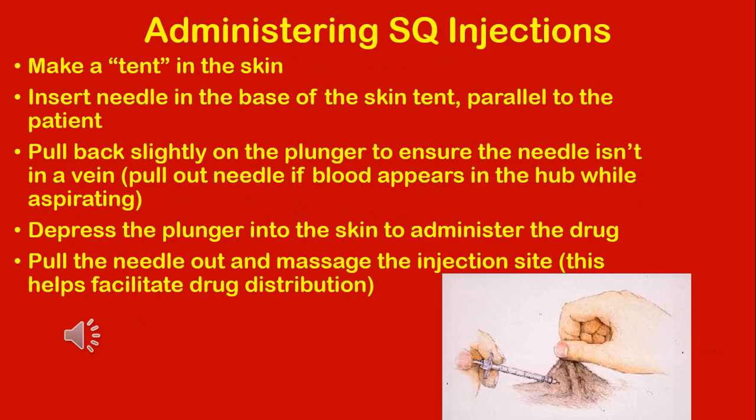So how do you give a sub-Q injection? Sub-Q injections are the simplest of the injections. What you're going to do is grab a little bit of skin and make almost like a tent. Then you insert the needle at the base of the skin tent, and your needle is parallel to your patient. So you're not stabbing downward, you're going along the body of the patient. You insert your needle and then you pull back slightly on the plunger, because even though we're not trying to hit a